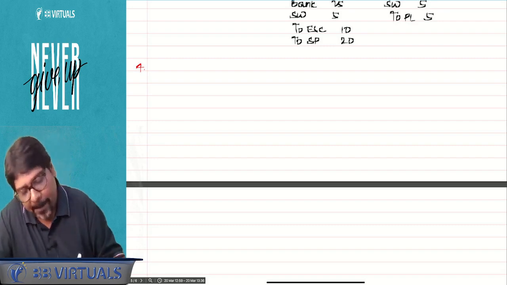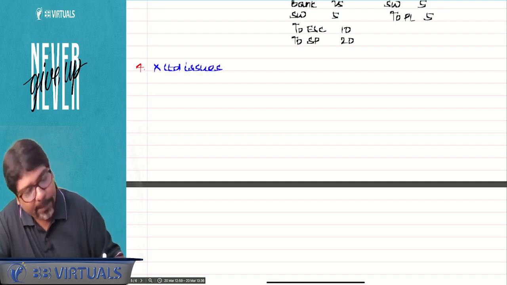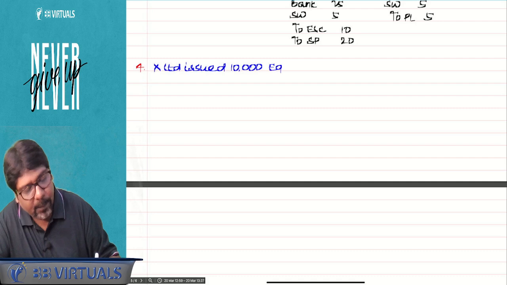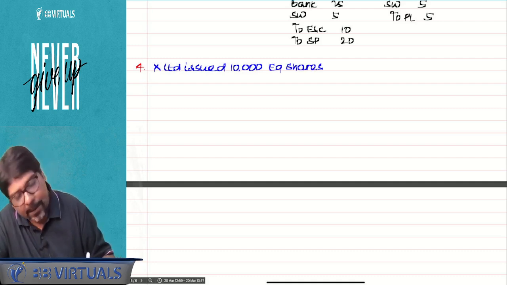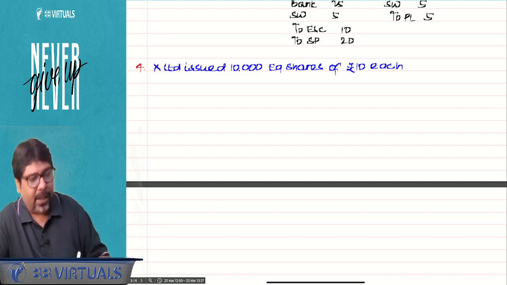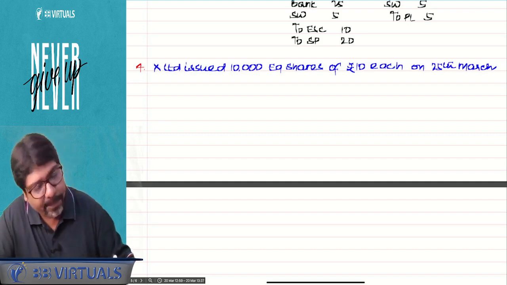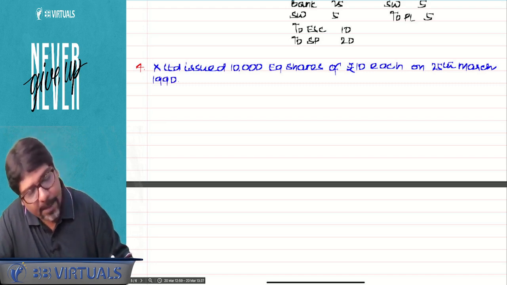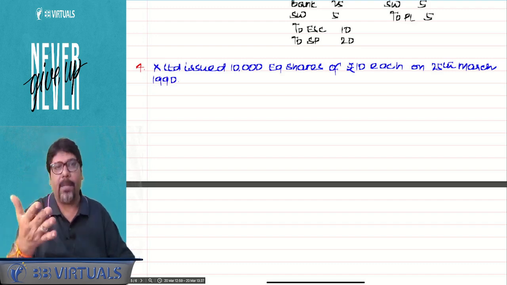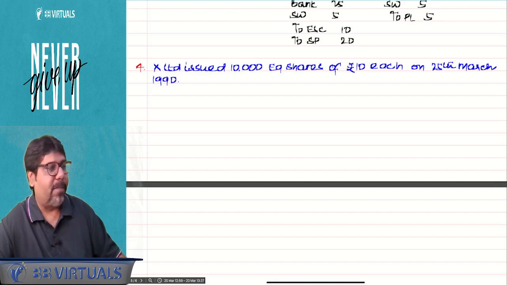Number 4. X Limited issued 10,000 equity shares of rupees 10 each on 25th of March 1990. Sir, 1990. All my examples will have 1990. I'm in love with the year 1990. Sir, you got married in the year 1990. No, Swami. I was also a kid. I will study the historic importance of 1990 later on. On 25th of March 1990,